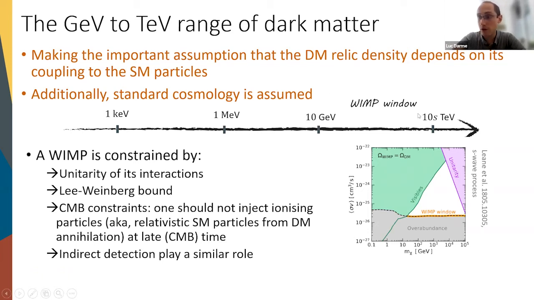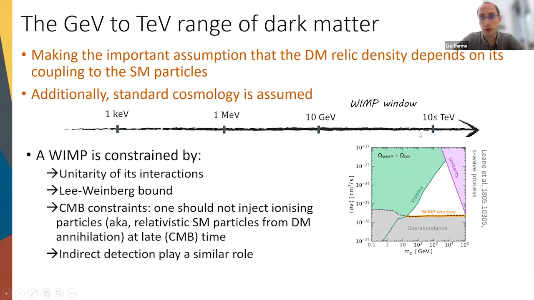We've just seen from a very simple back-of-the-envelope calculation that typically if you're a WIMP, or for all that matter, if you're a thermal dark matter candidate, which comes from freeze-out, you cannot be significantly heavier than the GeV. This is just because then your annihilation cross-section falls off too fast. So typically you see this WIMP window, and then around the tens of GeV you hit the Lee-Weinberg bound. So basically a WIMP is typically constrained by the unitarity of its interaction on the left, the Lee-Weinberg bound on the right,